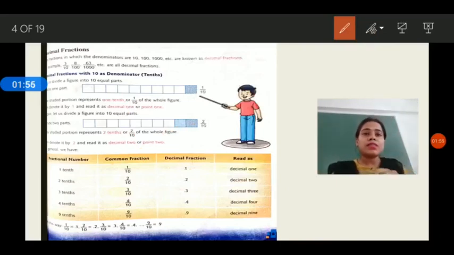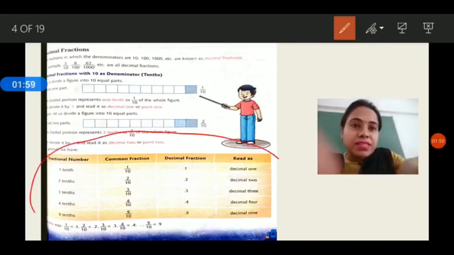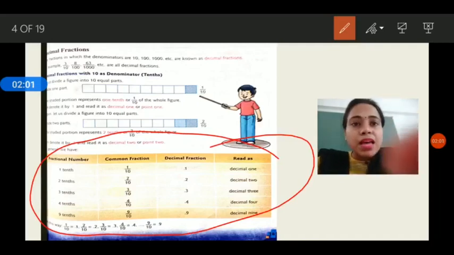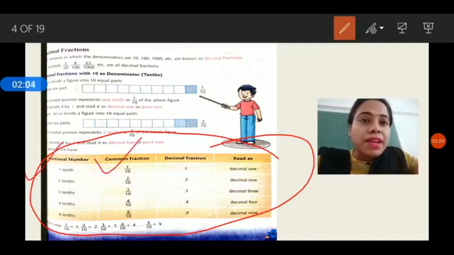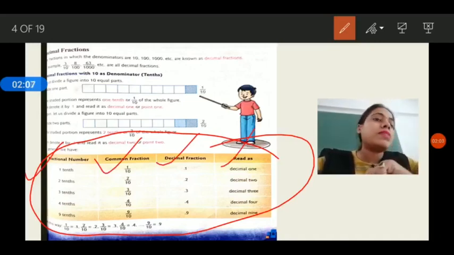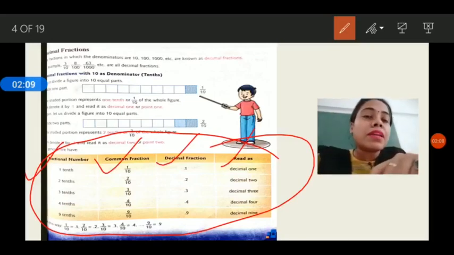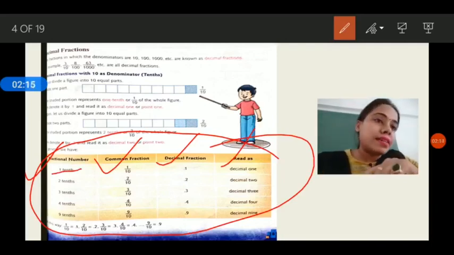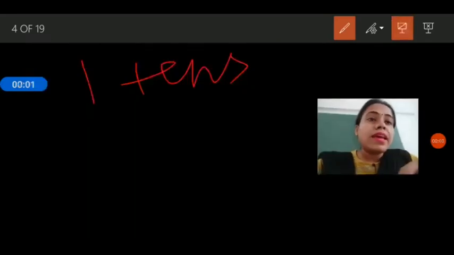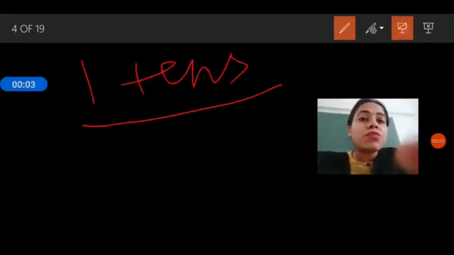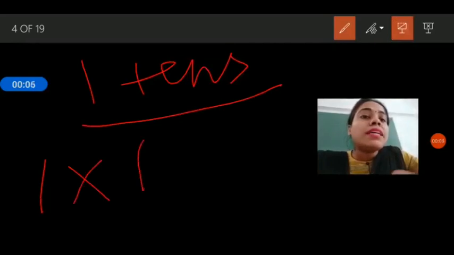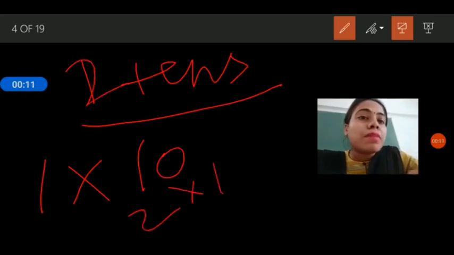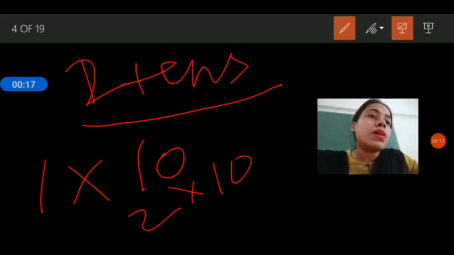Understood? Now see, this chart is given. Here you can see this chart in your book. This represents the fractional number, common fraction, decimal fraction, and how we read decimals. For the fractional number, if 1/10 is written, it means 1 upon 10. In the whole number part, if 1 tens is written, we know that it means 1 into 10. If 2 tens is written it means 2 multiplied by 10. If 2 hundreds is written, it means 2 into 100. But